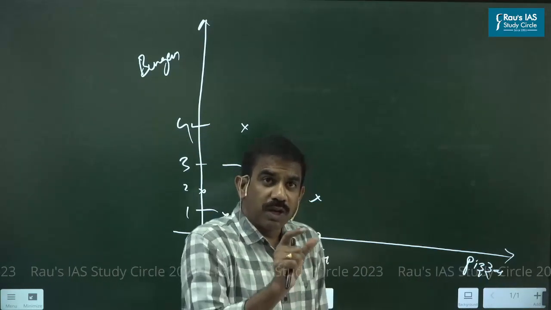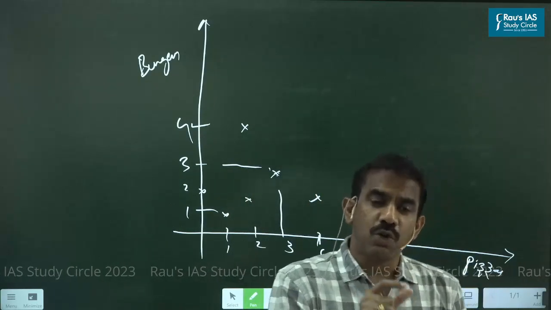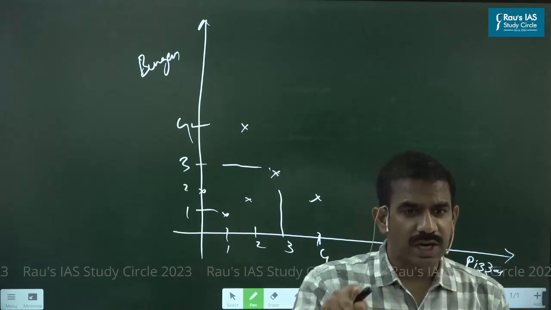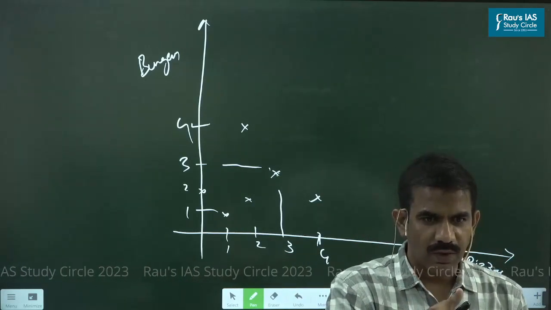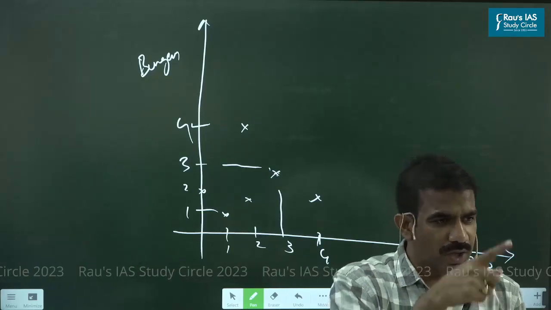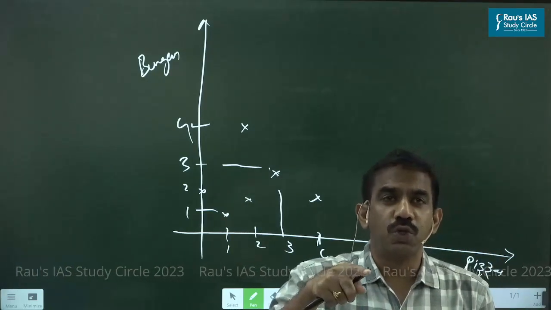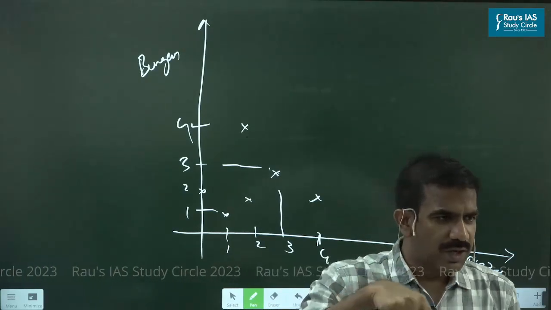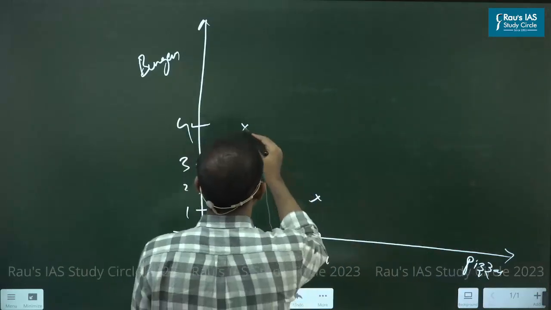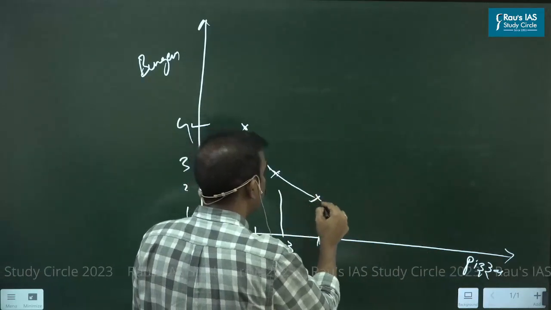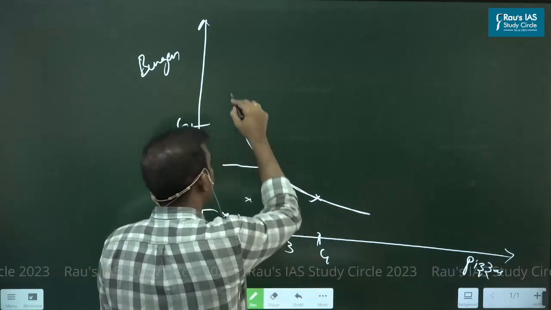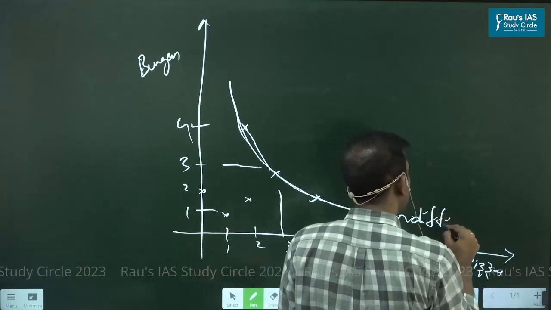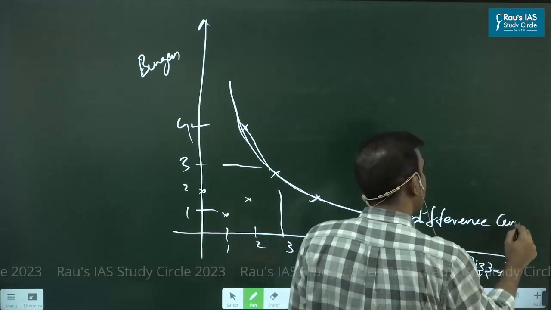I mean, there could be different combinations of this basket which gives you similar satisfaction, isn't it? Similar satisfaction. Get what I'm saying? Following? Any doubt? Okay. So there could be different possible combinations which might give him the same, constant satisfaction, isn't it? And I would simply combine the locus of all those points which gives him the same satisfaction for a consumer, and I would call this curve an indifference curve.